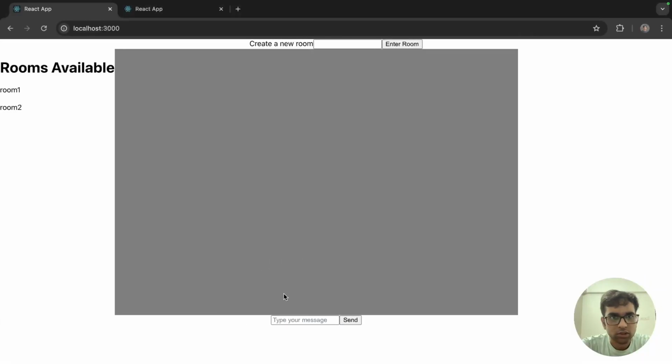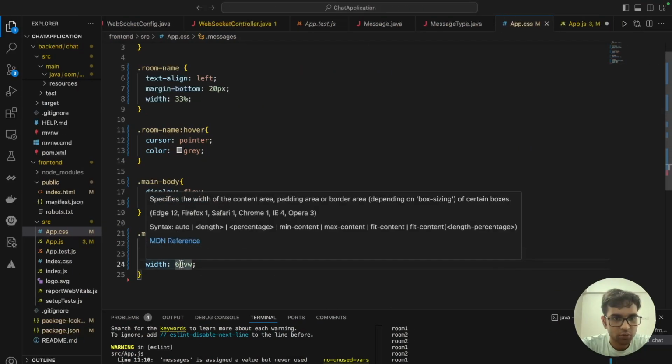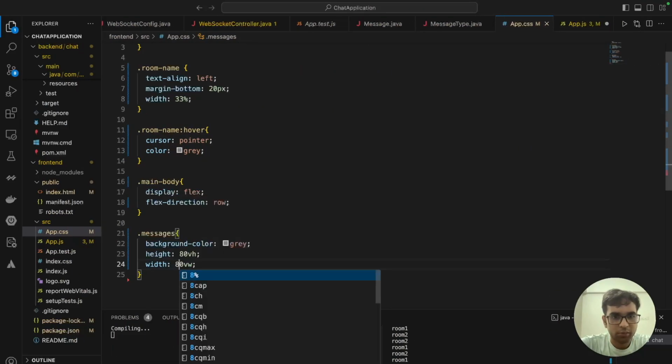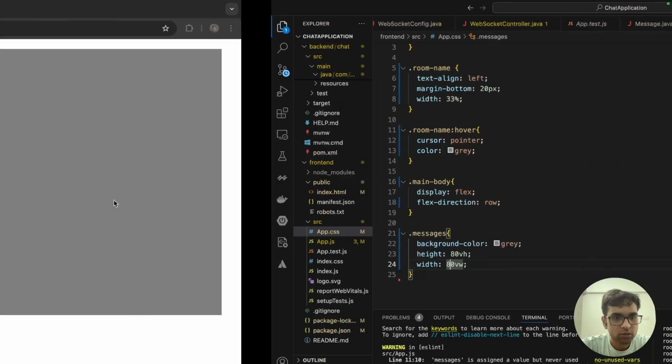And one more thing that we can do is, okay, I guess that's enough for now. Maybe I can just increase its width to 80 maybe. Yeah, so that looks fine as well. Okay, so